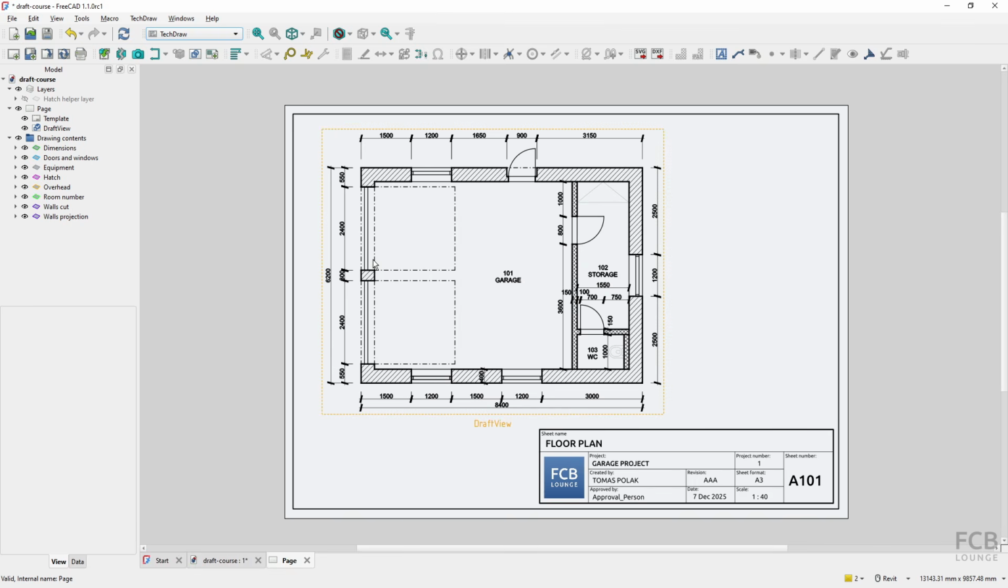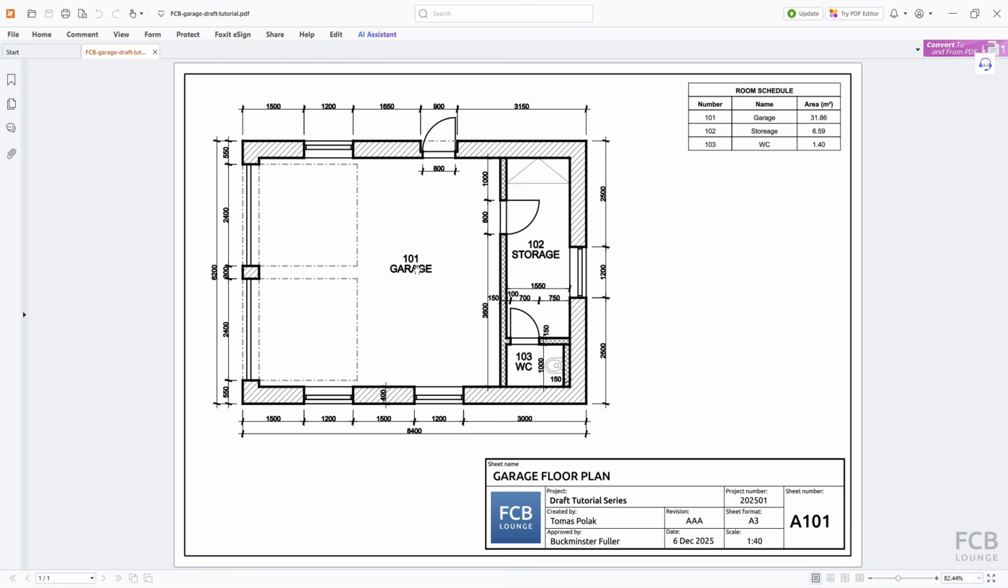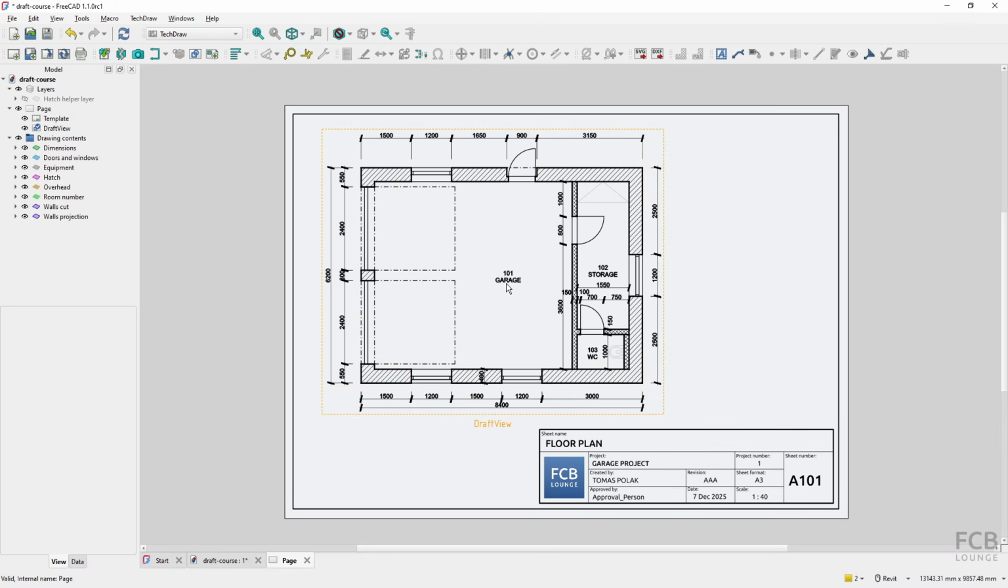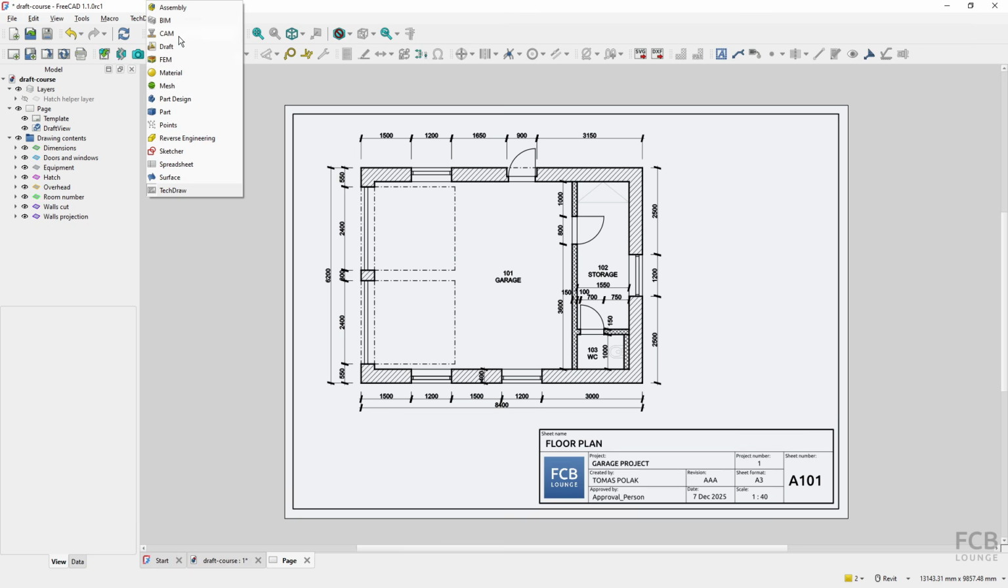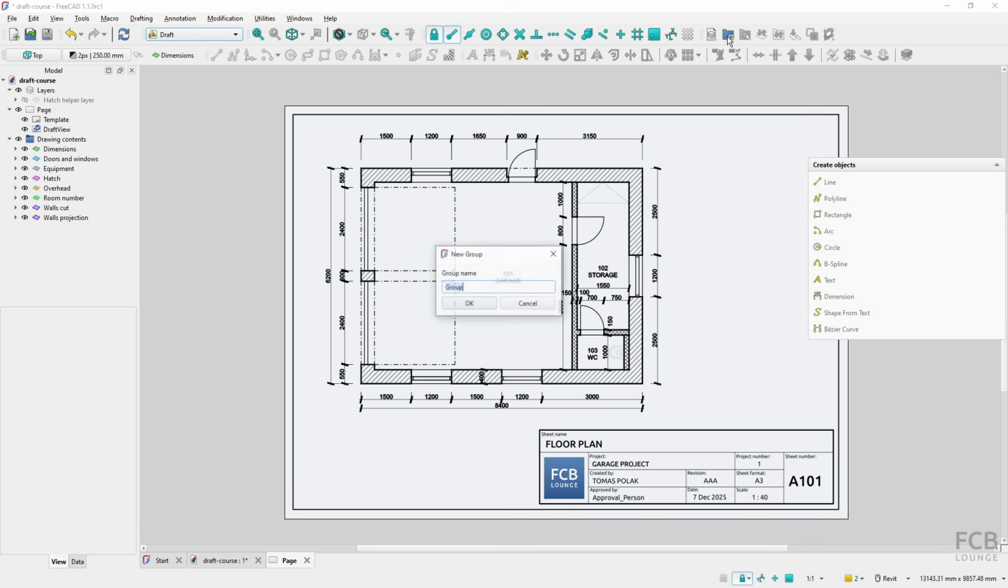Now, as the text is set up at one size in all of the draft view, I have a problem. If I want to have these texts, the room descriptions, larger than the dimension text, what could I do now? This is actually a bit complicated. I will create another drawing view which will be overlaid over this one, and I will set up different text size. So I will go to the Draft Workbench, and I will create a new group,